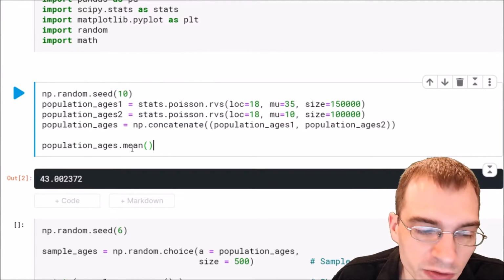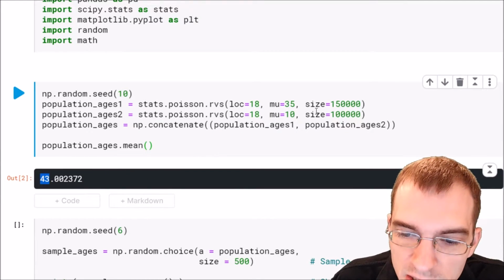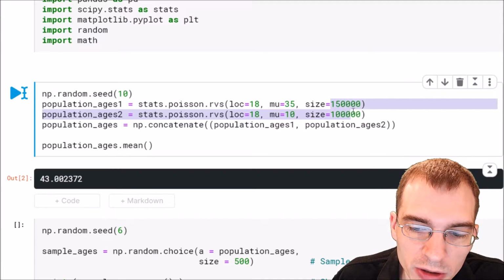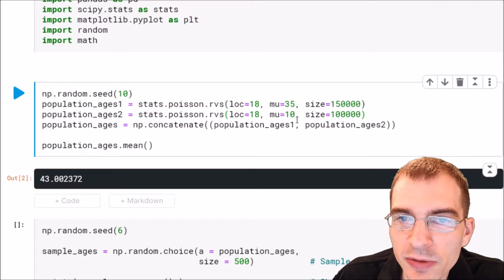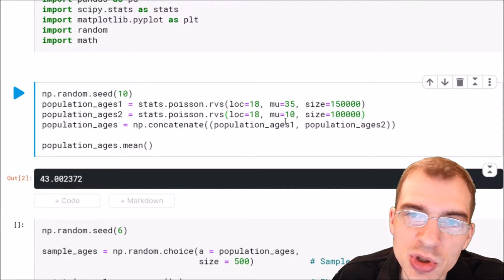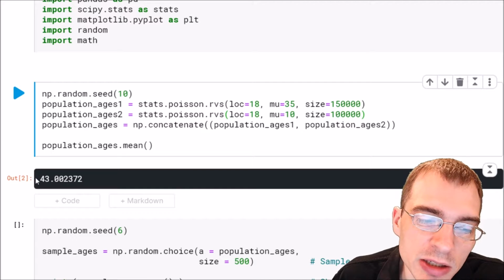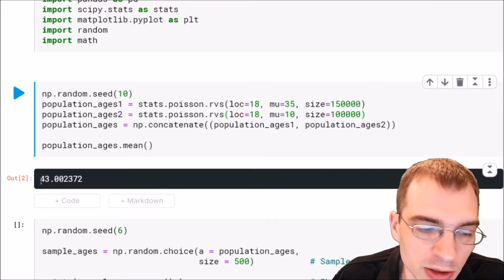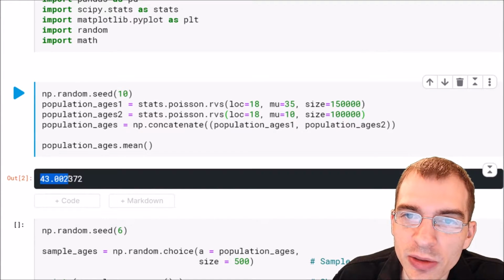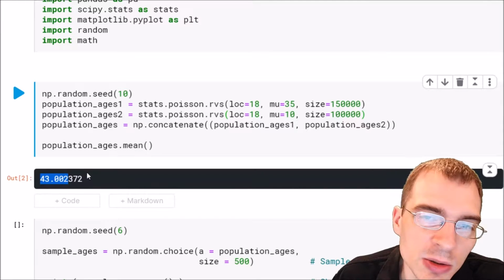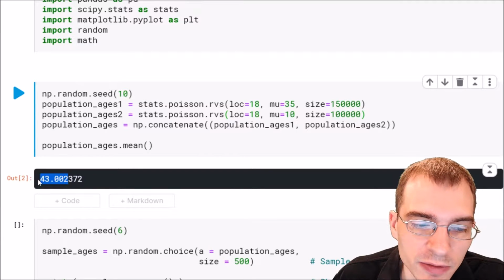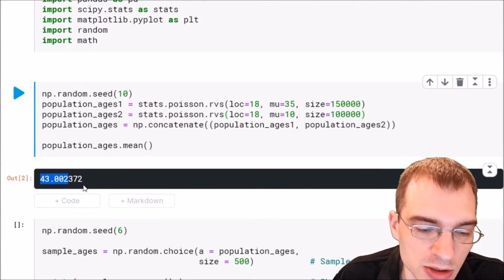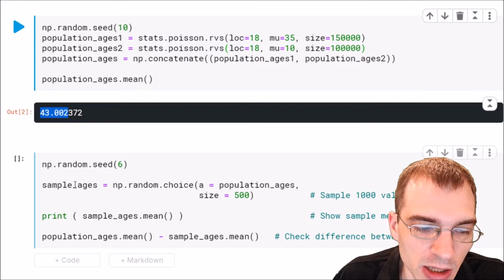The average age of the population that we generated here is about 43 years. Now you can see here that we generated 250,000 data points. So that's a fairly large population. If those were actual people, it would be pretty hard to survey every single one of them. So if we wanted to get an idea of what the actual underlying average age was, this 43, well, we might be able to do that pretty closely by taking a sample. So let's look at how we would take a point estimate of this value and see how close it is to the real value. To do that, we can use